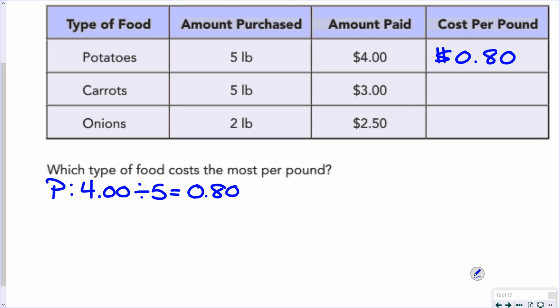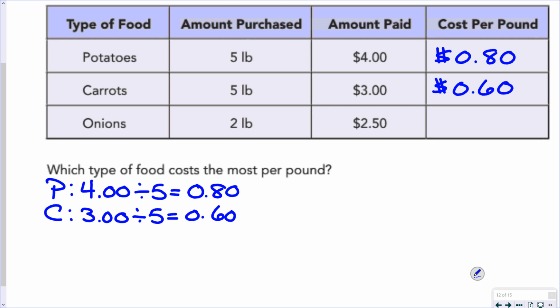Carrots, $3. We bought 5 pounds. So that would be 60 cents a pound. And we should be able to tell that the potatoes cost more per pound because we buy an equal number of pounds of potatoes as carrots, and we pay more for 5 pounds of potatoes than we pay for 5 pounds of carrots. And then finally, we have the onions,